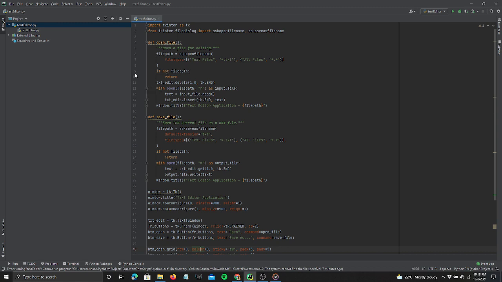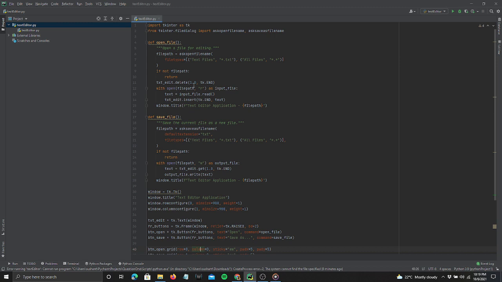Lines 9 and 10 check to see if the user closes the dialog box or clicks the cancel button. If so, then file_path will be None and the function will return without executing any of the code to read the file and set the text of txt_edit. Line 11 clears the current contents of txt_edit using delete,